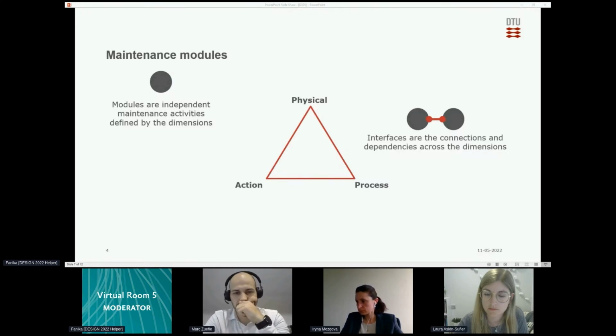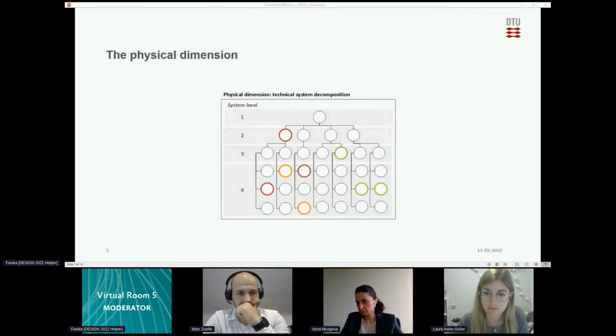And so going into each of the dimensions, we talk about the physical dimension mainly as the technical system decomposition. And so understanding from the plant level all the way down to the component level, what are the dependencies of our equipment? If we have an impact here, then we have an impact on everything below that in the hierarchy.